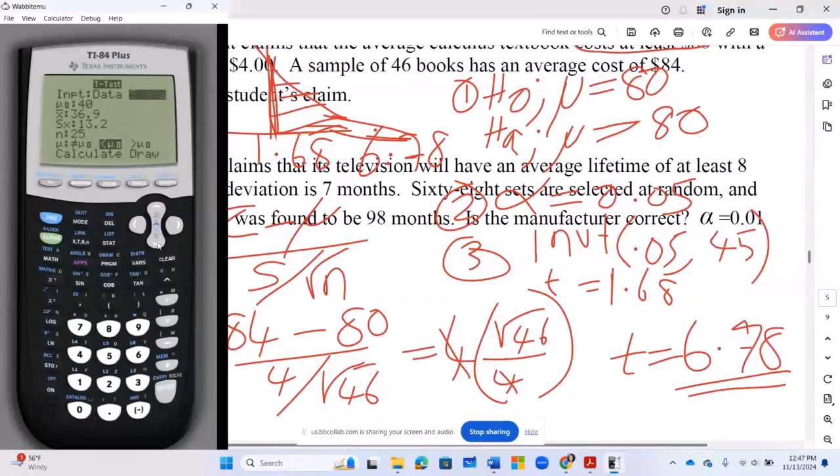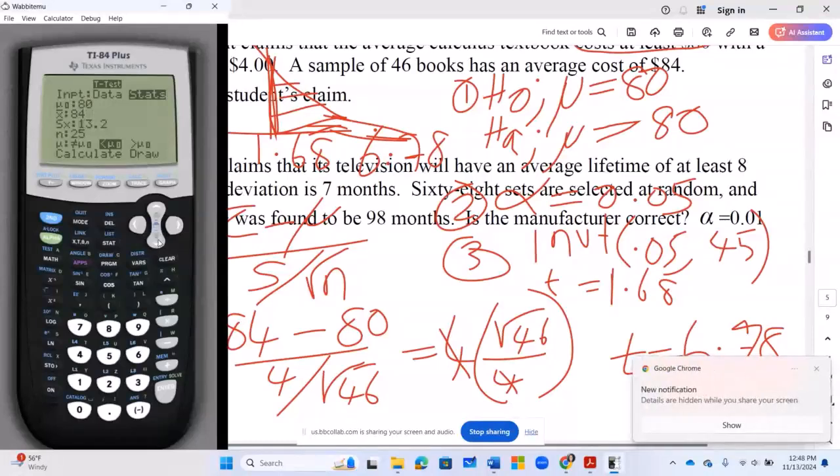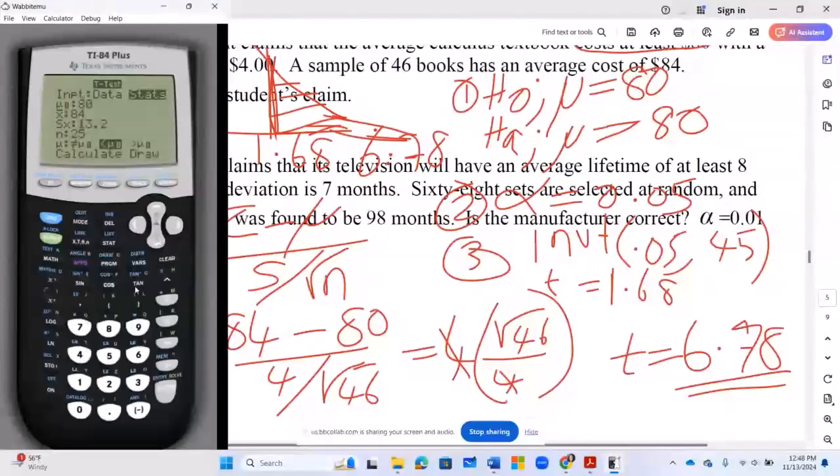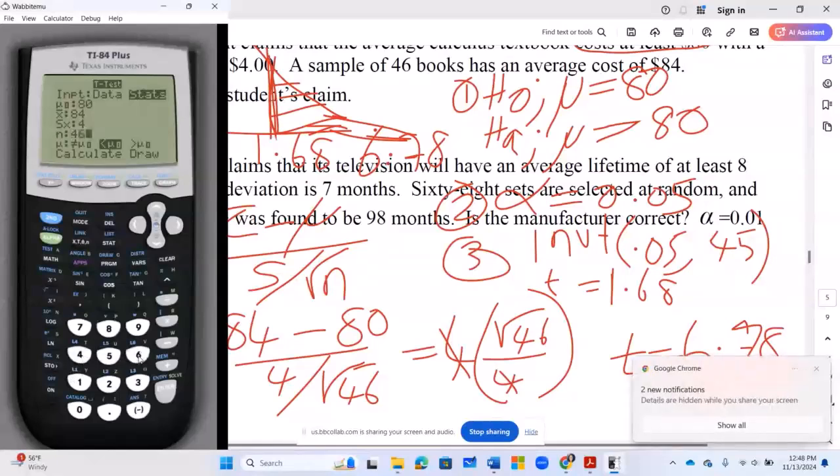I did a t-test. And the status quo is 80. In other words, the mean we are debating is 80. The mean of the sample is 84. The sample standard deviation is 4. The sample size is 46. Therefore,